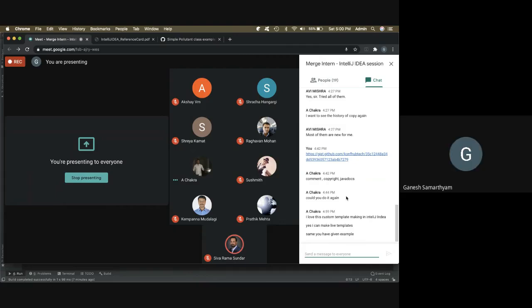So, have you been using IntelliJ IDEA before, or is this the first time? No, I have been using it for the last 4 or 5 months. Okay. But have you tried any of this before, or is this the first time you're trying it? No, this one is the first time I'm trying, and I didn't know it is possible with IntelliJ. This is a new thing for me. Okay.